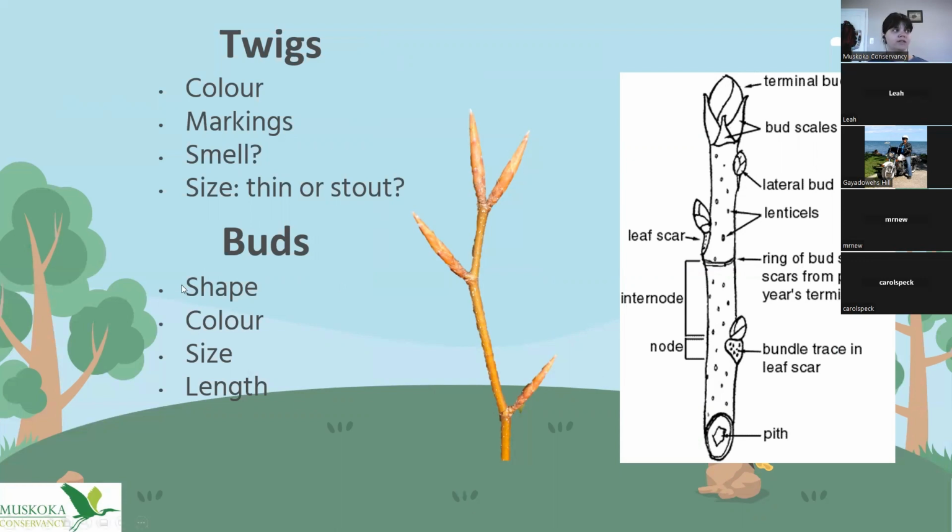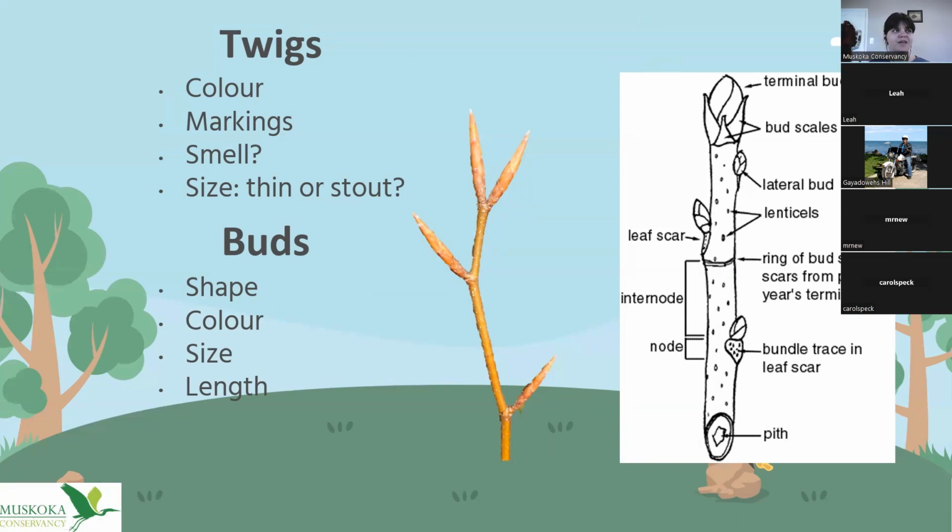For our buds, you'll want to consider the shape. So if they're long, if they're oval, if they're cone-shaped, if they're rounded. You'll want to consider the color as well, the size, which also corresponds to how long their length is. I've also included this little diagram here. I'm pretty much going to ignore everything that's at the bottom, though, because we're not going to get that deep into things today. But I will mention some of these terms that you'll notice in the top half of the display. So I will definitely be talking about the terminal buds, which is the buds that are on the end of the